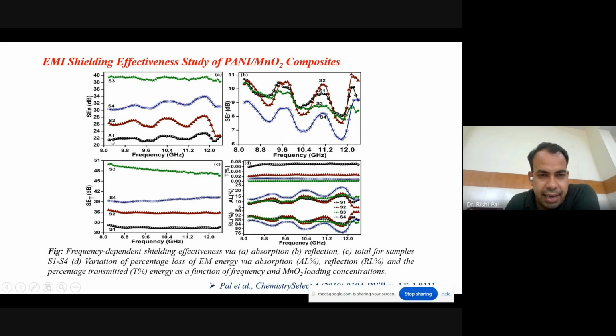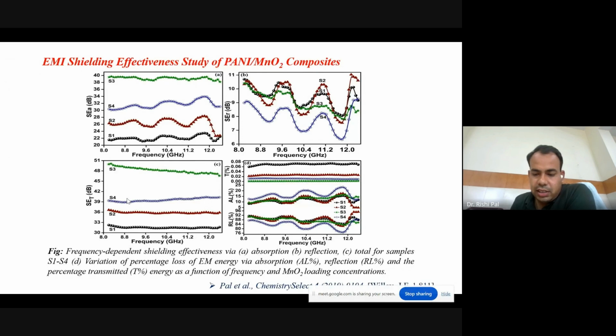Here we can see S1, S2, S3, and S4. Almost the total shielding effectiveness is increasing. This is because we are introducing magnetic MnO2 nanoparticles in the polyaniline matrix. Here we can see the shielding effectiveness is increasing with increasing MnO2 concentration. This is only because of the magnetic character of the material, and that is the